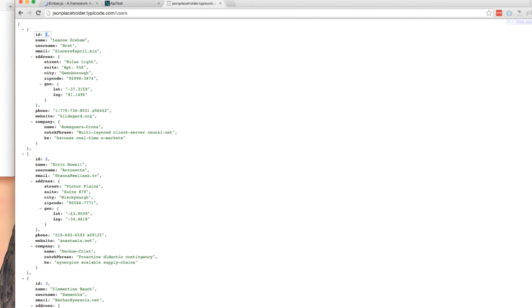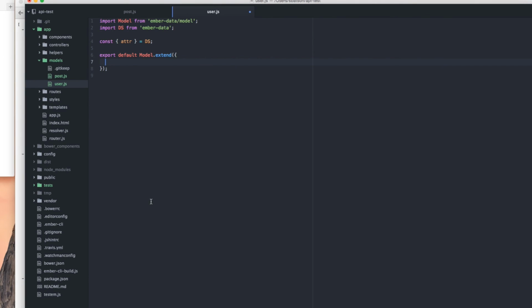So similarly here, we have a bunch of things we want to bring in. I see name, I see username, email, phone, website. For right now, I'm going to keep it really simple and just do name, email, maybe phone number. Those are all strings. Address, this one's a little more complicated because this is actually an object. We can create our own custom transform to handle this, but by default, Ember Data doesn't have a way to handle that, right? That's not one of the default transforms that comes with it. We would actually have to find a way to either serialize that information or create a transform that knows how to handle it correctly. But for the time being, we will just have our name,